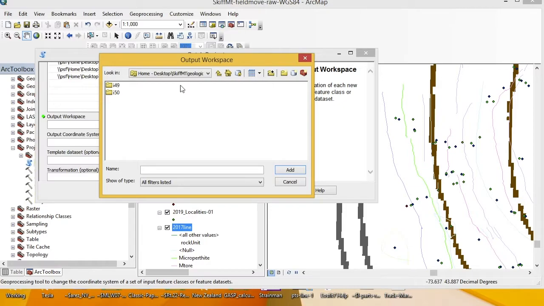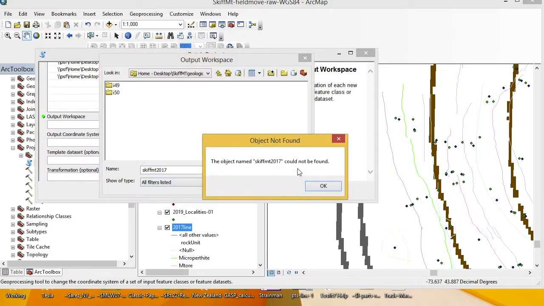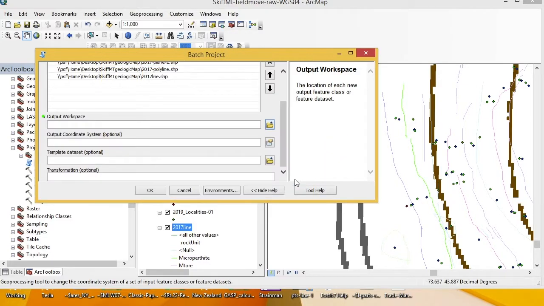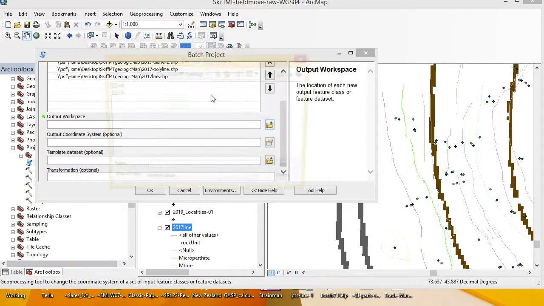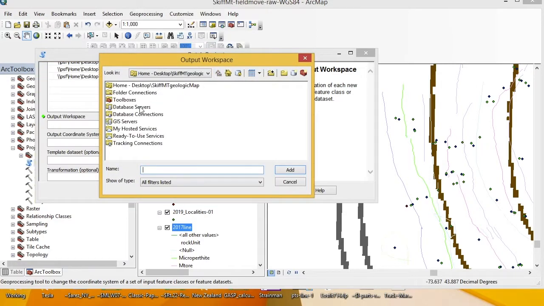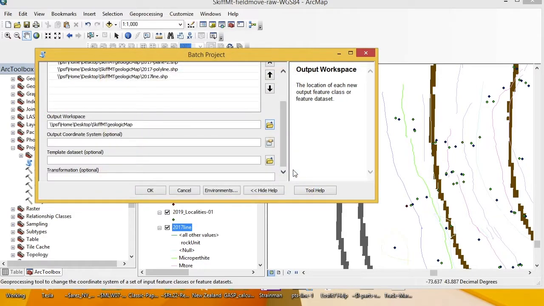You can add the name. Oh, I'm sorry, actually, you want to connect to the folder that you're working in, you press Add,